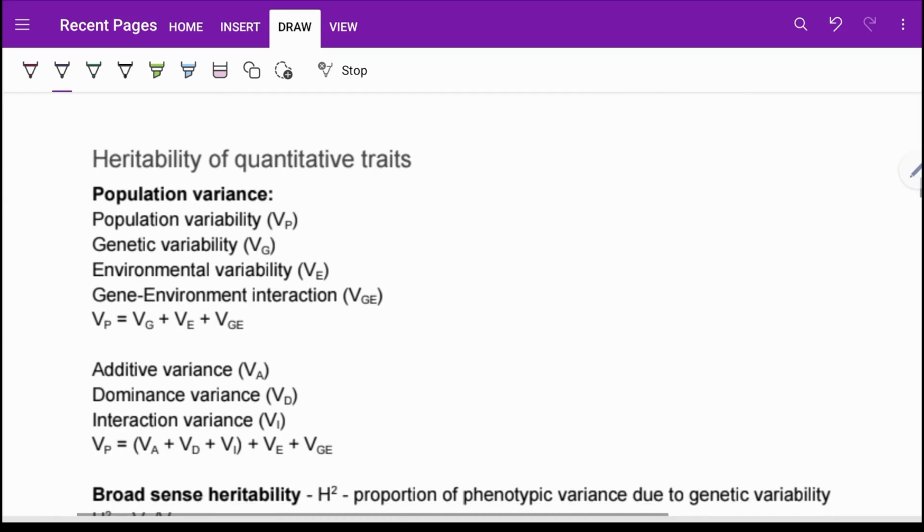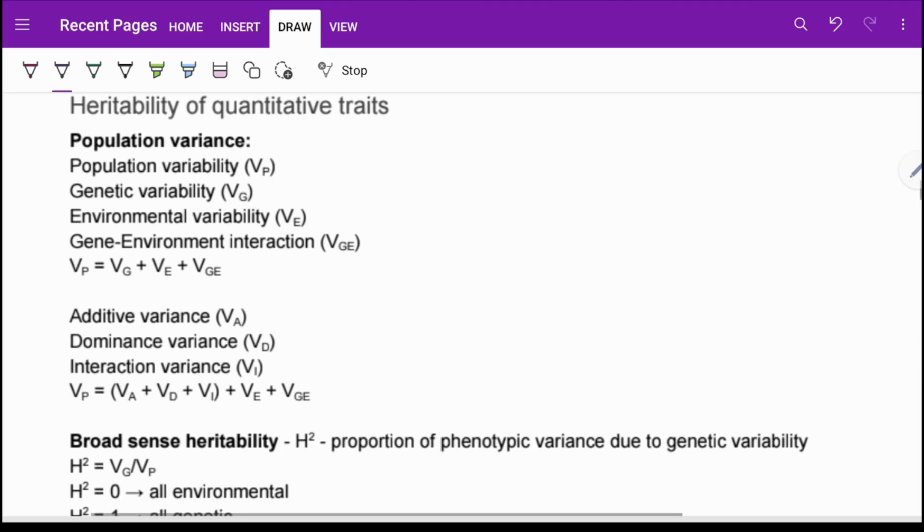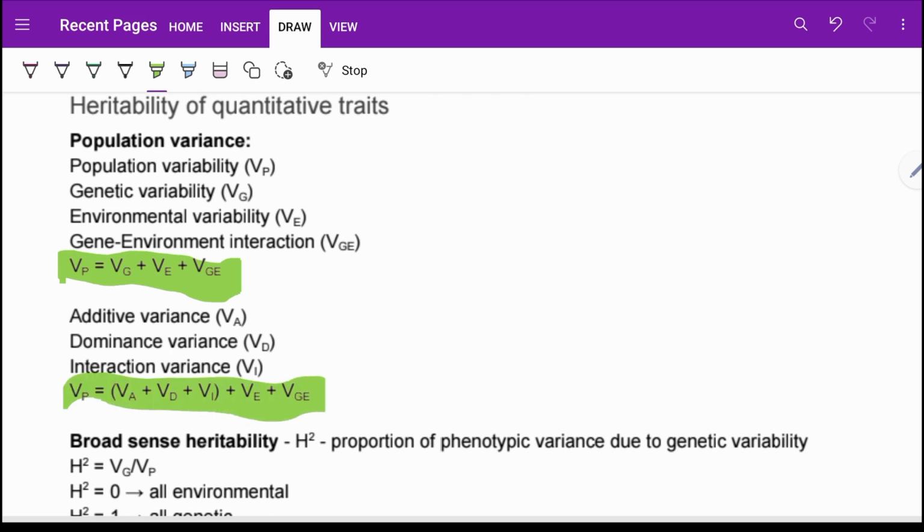We have the heritability of quantitative traits. And these are a bunch of variables and equations. So make sure that you take note of these equations here and what they mean, and we will use them in calculations. Say you might be given genetic variability, environmental variability, and gene-environment interaction, and asked to